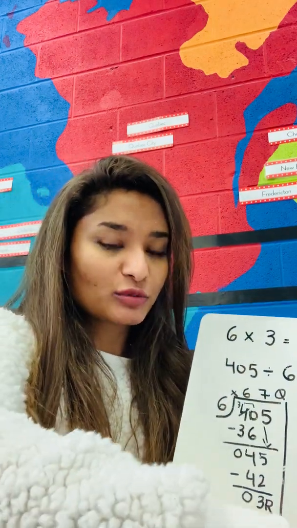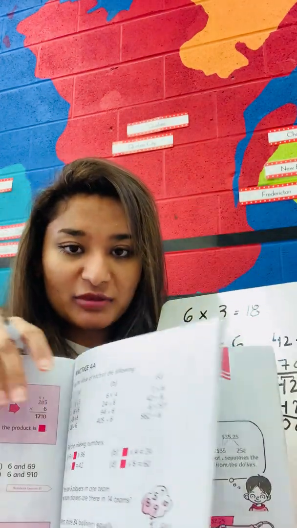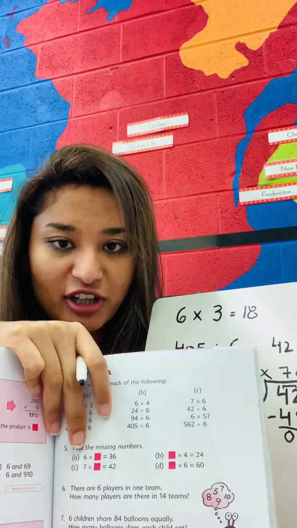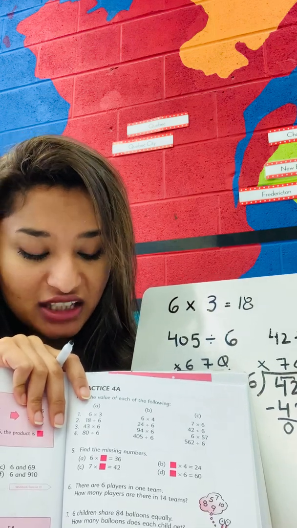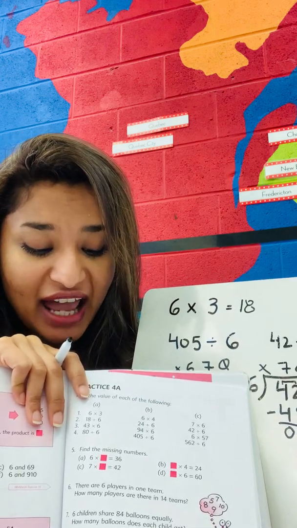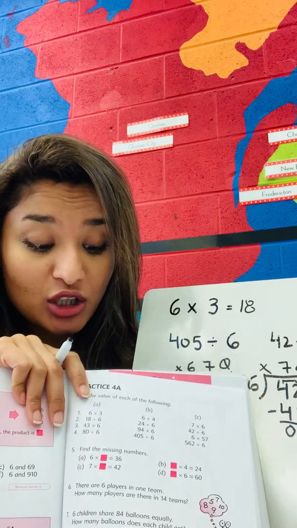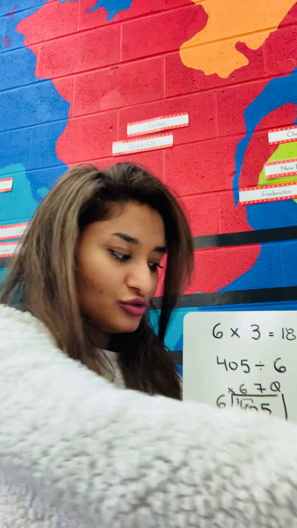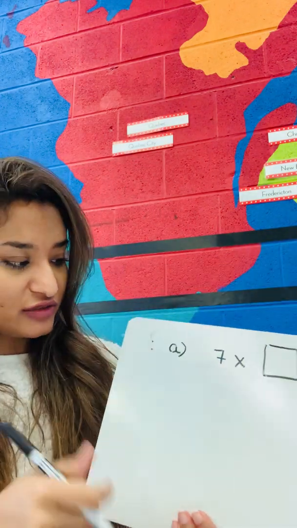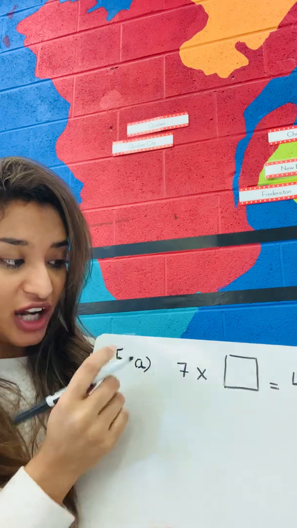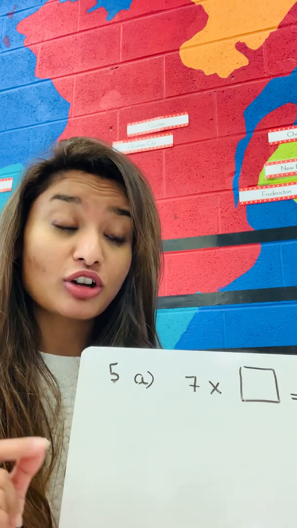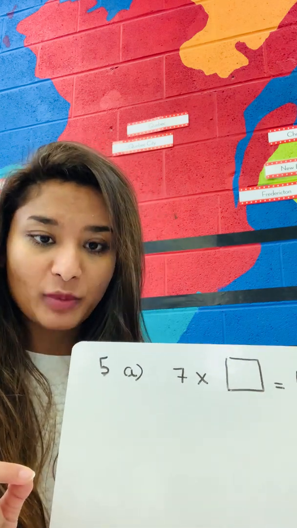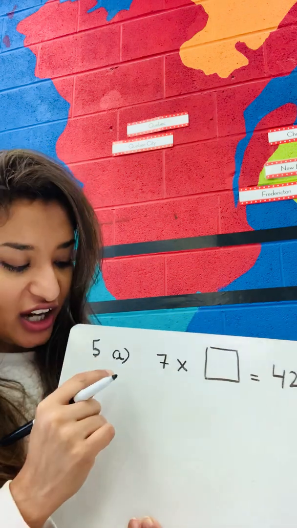Now before I end this lesson, at the bottom, question 5, I'm going to do one question from question 5 right over here, the first one. They've given you 6 times something equals 36. So they're asking you, 6 times what gives you 36? So that's what they've given you, right? So they've given you this question, 5A. I'm doing 5A. It is page 74 of your math textbook. Sorry, not page 74, page 75 of your math textbook. Okay? So they're asking you,